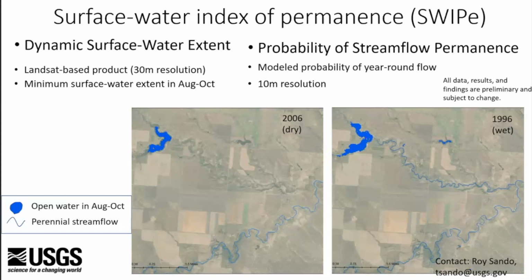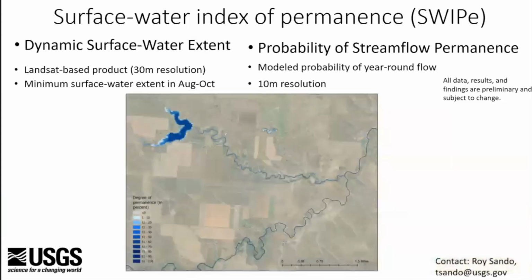They're taking Landsat data and looking at surface water extent and how that is changing from year to year, doing some fancy footwork, and they're coming up with a surface water index of permanence. And this can be useful to track for the Upper Missouri Basin. There are lots of reservoirs, this is a prairie pothole landscape, and it's pretty dry. So knowing the year-to-year combined information of reservoirs, these water bodies, and streams can be useful.